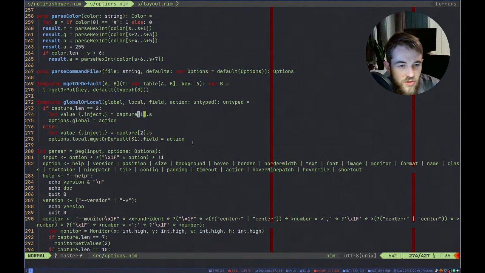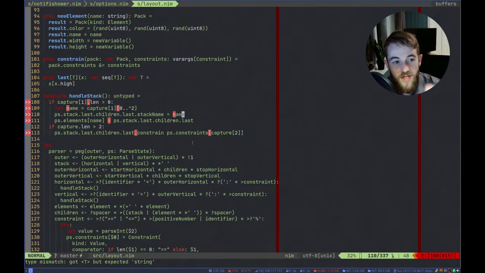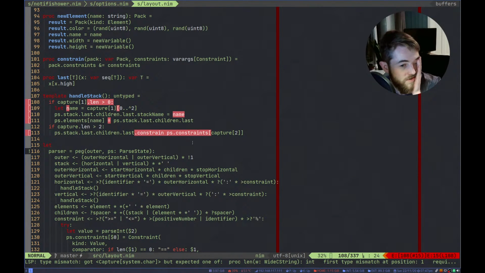Capture.length and capture1. So what we want to do here is capture1.length and capture1 and capture2. So these variables are sort of injected the same way.